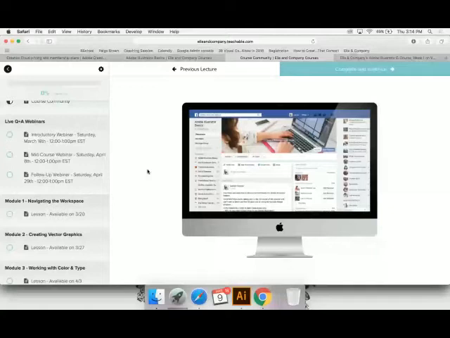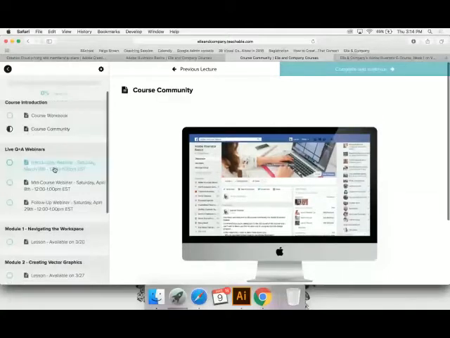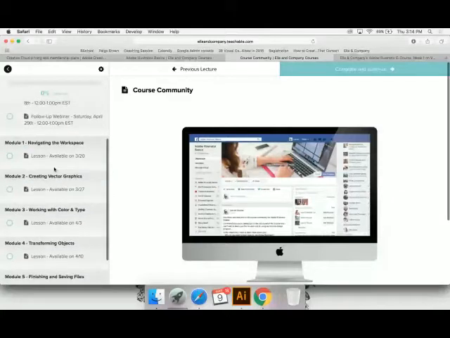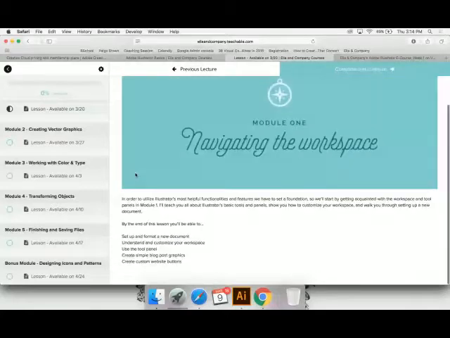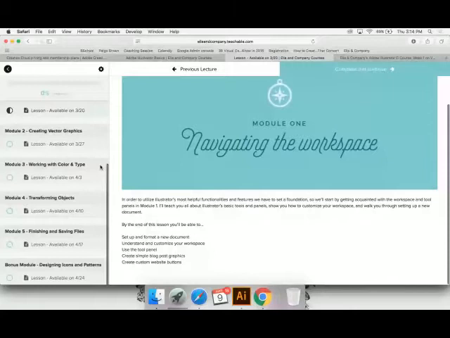And I pop in from time to time and help out there as well. So that's another really fun resource of the course. There's 5 modules to the course. And the first is navigating the workspace. So here is just a little information. But I dropped these modules, all 6. There's a bonus